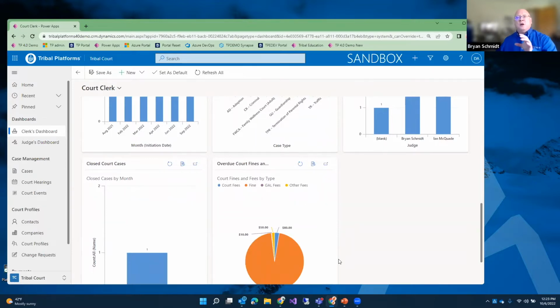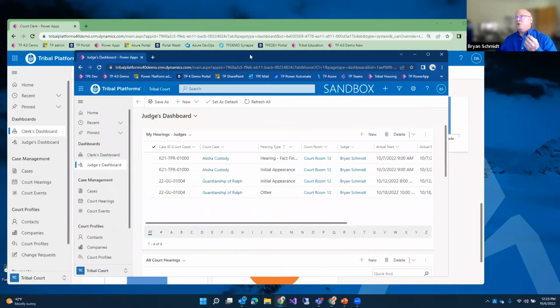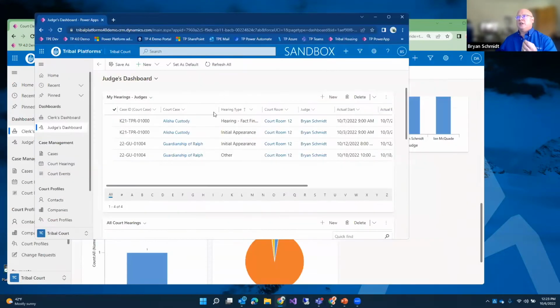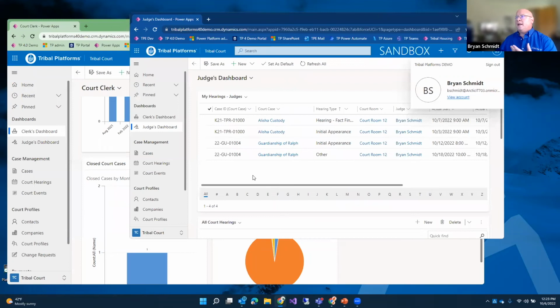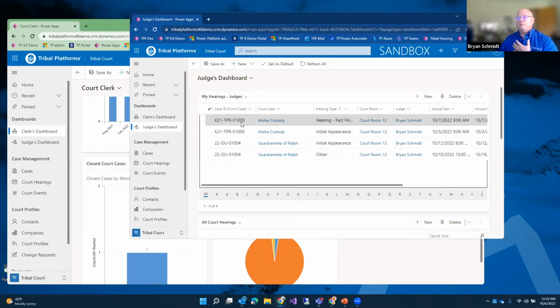you need to start your day, say, hey, here are the cases I need to work on, tasks I need to complete for my role, and I can organize that information into one dashboard for my team. And as a point, I want to also show how this view would differ for a judge. So for example, I'm logged into this browser as myself, which happened to be assigned as a judge. So you could see that the information that I'm displaying on the screen is now specific to me.